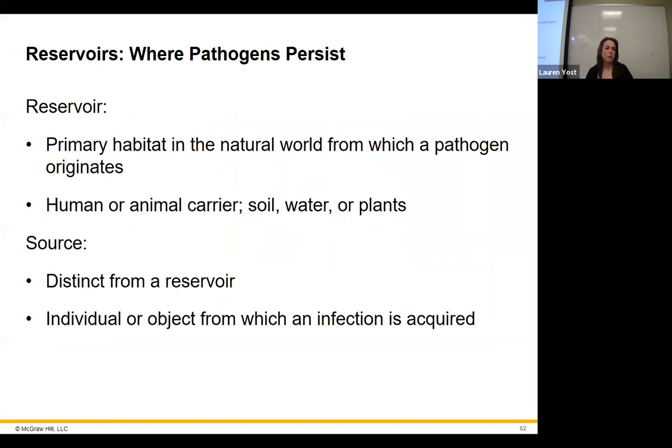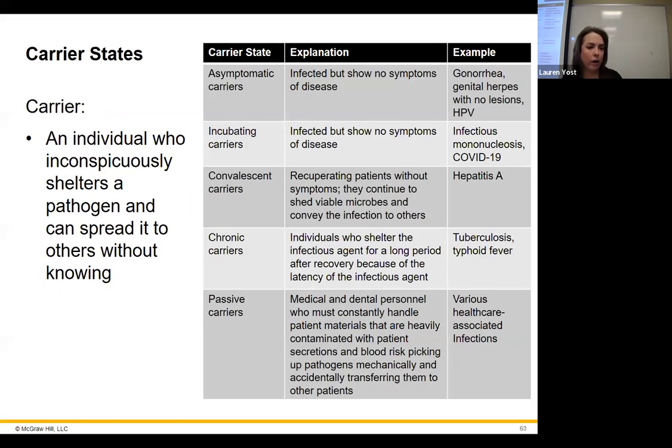Reservoir, something that is where the disease organism is coming from, really. The source is like if you have an outbreak, where that outbreak came from, that person or animal or whatever it is. So those are different things. In general, reservoir is like where it is in general, like in bats, something like that. When they say COVID was in bats. It was in China, but it was in the Chinese labs, but that is that. Yeah, so they'd say that, but the source would be like the person that maybe brought it over or something like that.